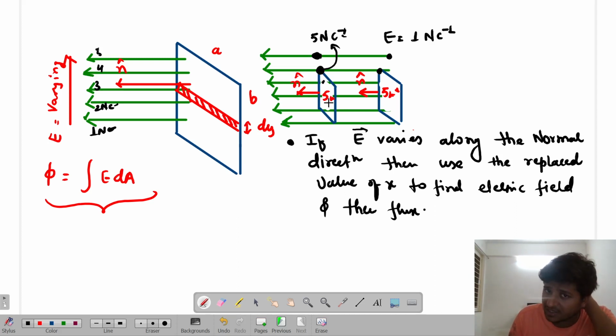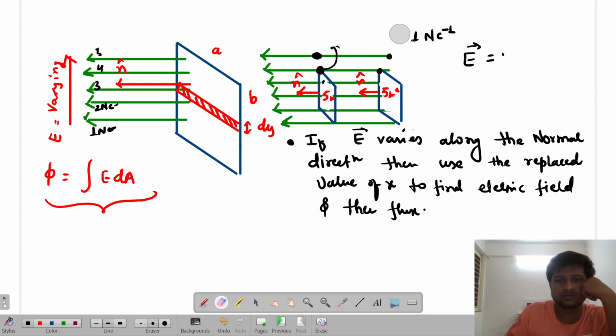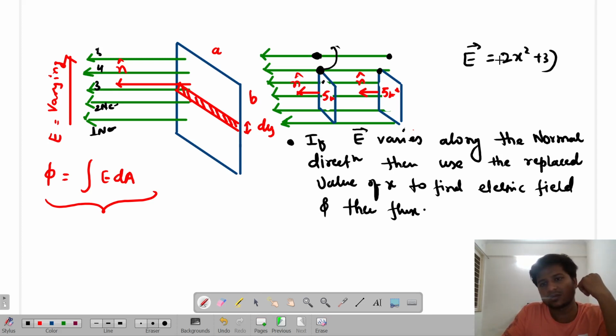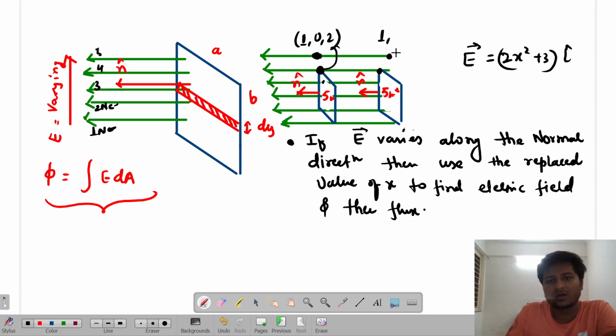ठीक है, that coordinate of area मतलब इस एरिया का कोऑर्डिनेट को देखना। जैसे मान लो अगर मैंने इलेक्ट्रिक फील्ड इस तरह से लिखा है, it is written as, ये हटा दो, ये वैल्यू हटा दो, ठीक, एरिया बस पता है। An electric field is given as 2x² plus 3 i cap, है ना, and this is the coordinate 0 means this origin, this point has coordinate, like let's suppose 1 comma 0 comma 2, है ना, इसका कोऑर्डिनेट है 2 comma 0 comma 3, ठीक है।